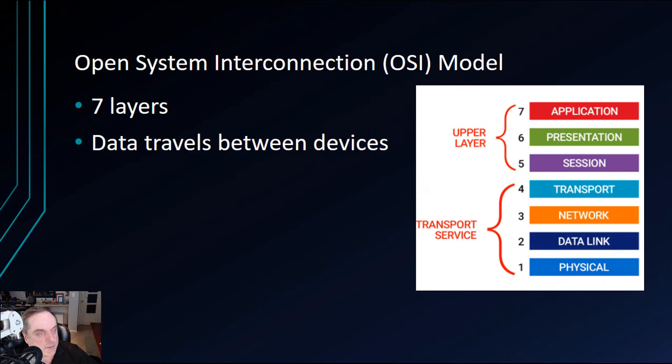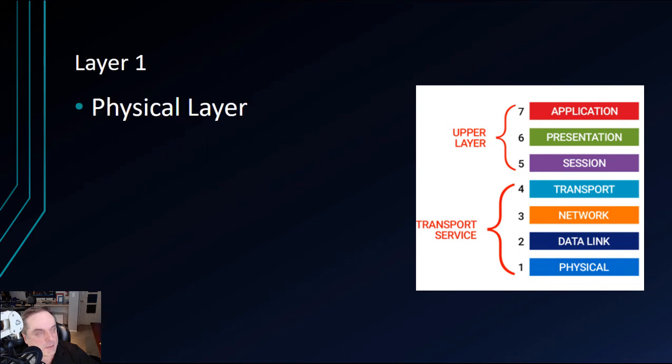There are 7 total, as I mentioned, and the data travels between the devices. It starts at the application layer, moves all the way down to the physical, then it connects to the other computer, whichever computer is trying to connect to it for, say, an application or for some data, and then it starts the process from the bottom up. So rather than, as the sending computer did, from the top down, when it gets to the receiving computer, it goes from the physical all the way back up to the application layer. Each layer has a job to do. Let's talk about what each layer does.